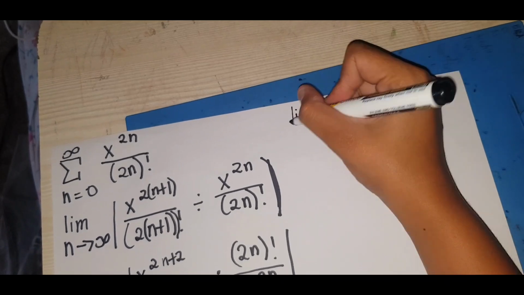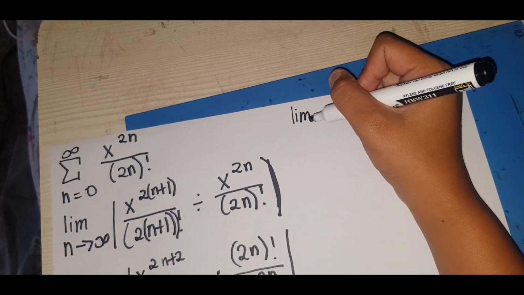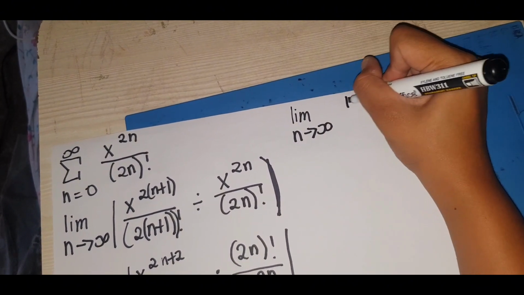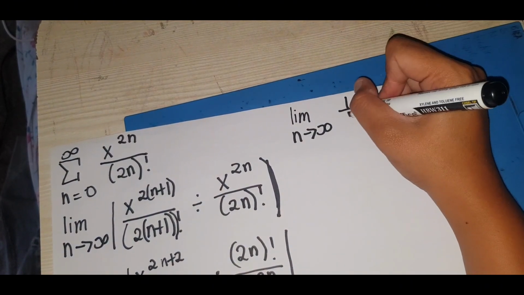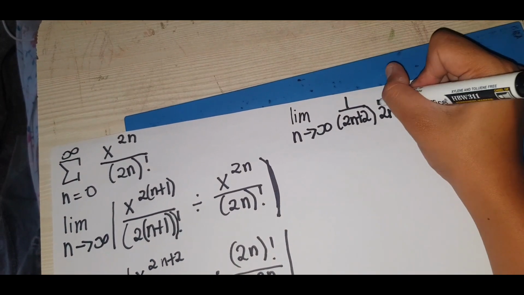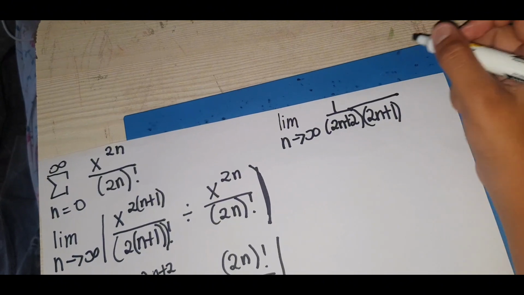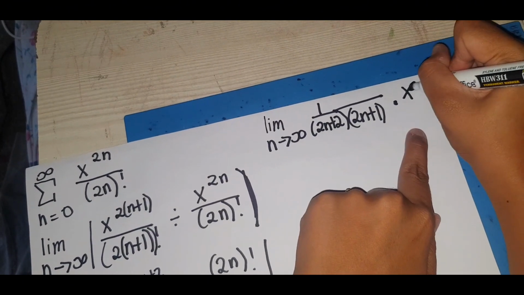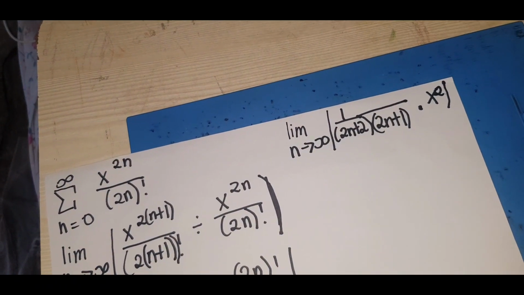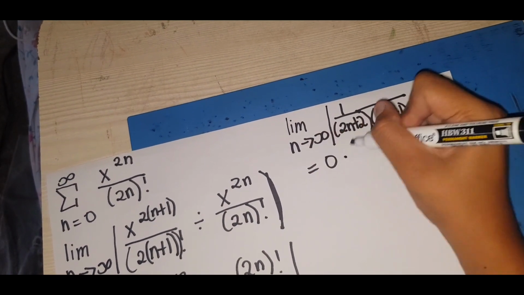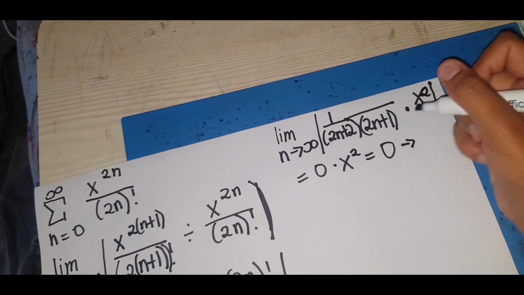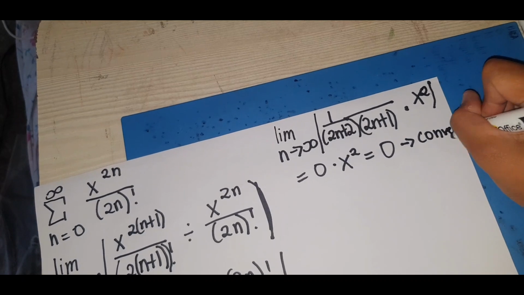So the answer is the limit as n goes to infinity of 1 over 2n plus 2 times 2n plus 1, times x raised to 2. Then the answer becomes 0 times x raised to 2, and 0 times x raised to 2 is 0. So this converges. So the radius is equal to